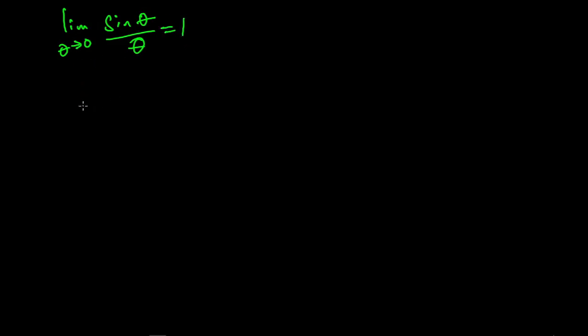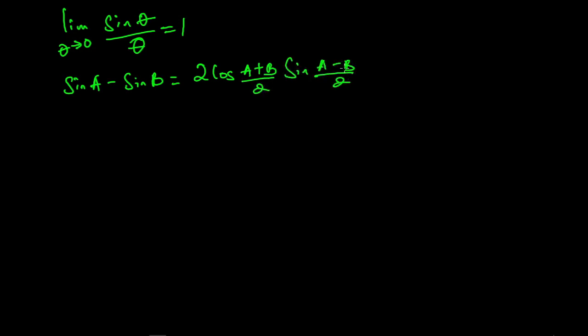And the second thing to be noted is this trig identity of sine A minus sine B to be equal to 2 cos A plus B over 2 sine A minus B over 2. So these two things must be noted in order to use your first principle to find the derivative of sine